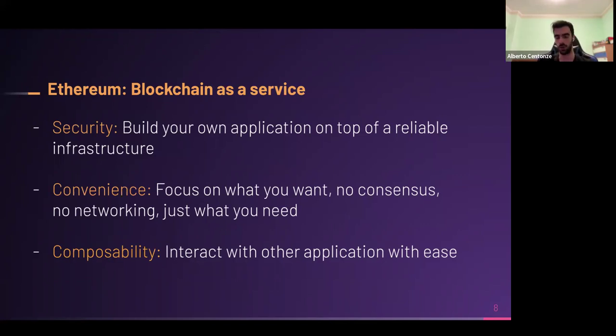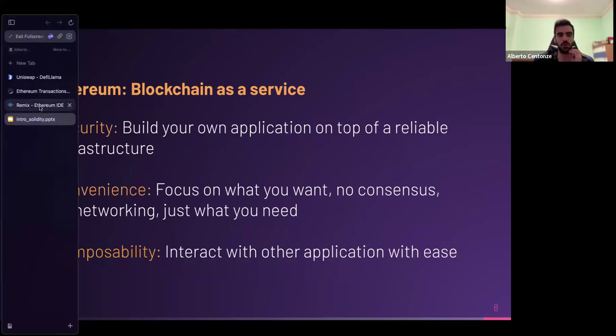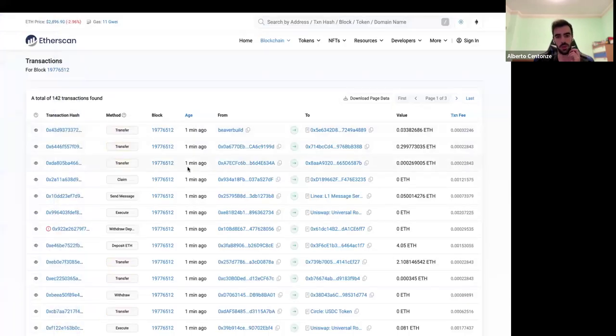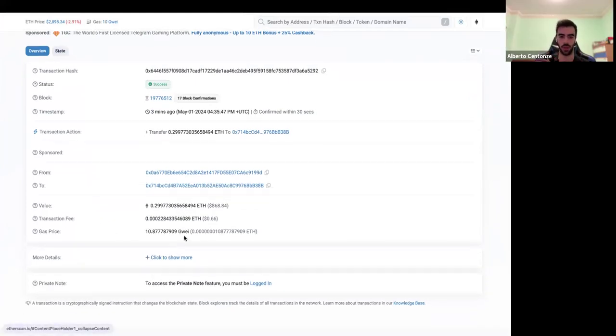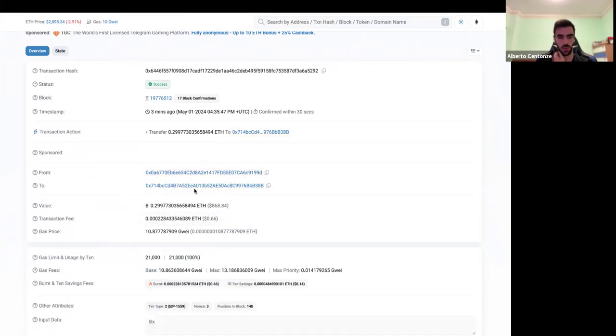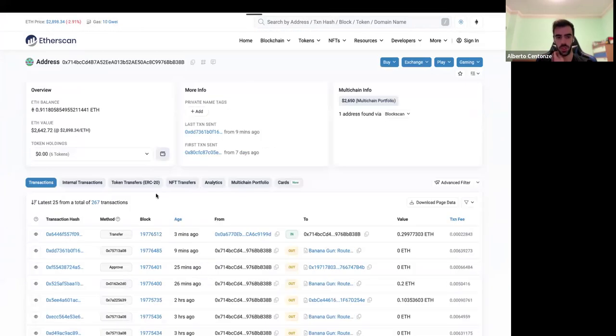You haven't seen the code. This is another thing that is important about blockchain. Everything is publicly available. So maybe I think this is worth showing. For example, here, if I go to any transaction, this is a function call from a Solidity contract. We'll see this later. And if you look at this, what you're going to notice is that we interacted with some contract, and here we can always see what happened exactly because you can just check the contract.